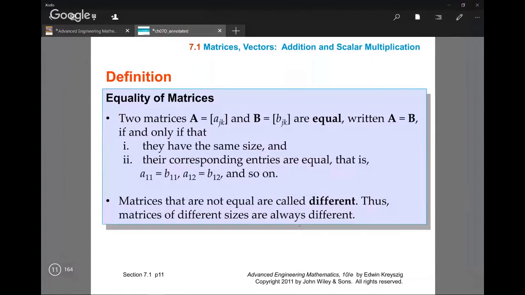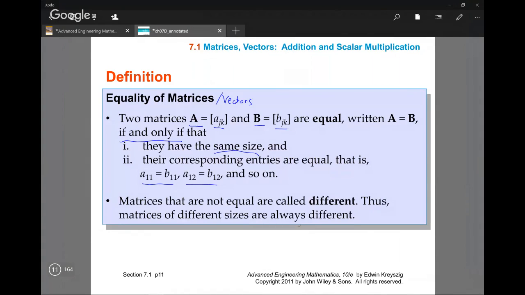So what does it mean for two matrices to be equal? The same is true for vectors as well. Two matrices A and B, denoted by the corresponding A_jk and B_jk elements, are the same if and only if they have the same size, and the corresponding elements